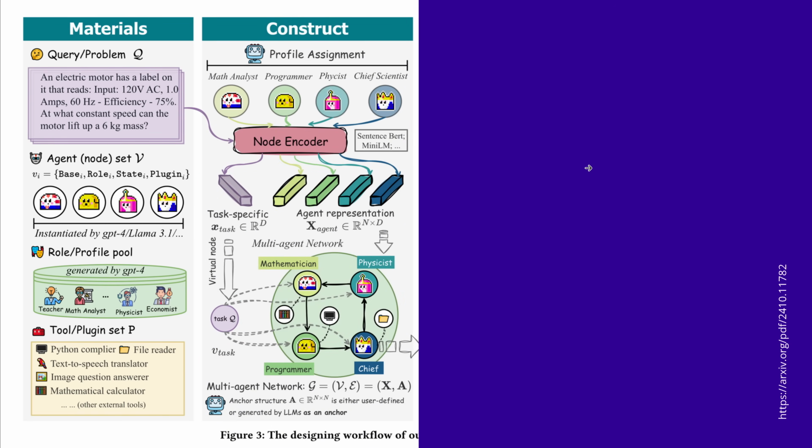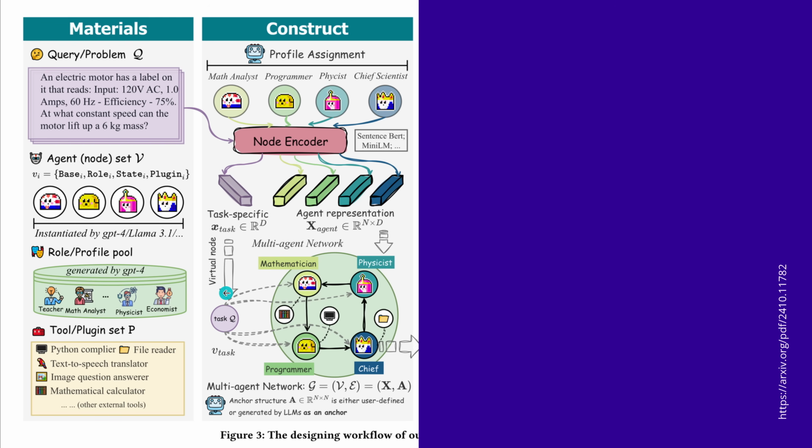Construct is now much nicer. As I told you, we go now with a graph structure. So if we build all these nodes, let's do this. We have now a node encoder. We have to encode the nodes. And I will show you, we have a task-specific node, and then we have the agent representation in the network. And then